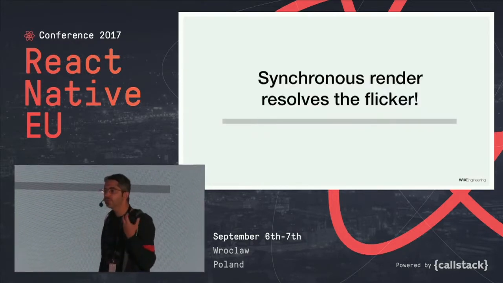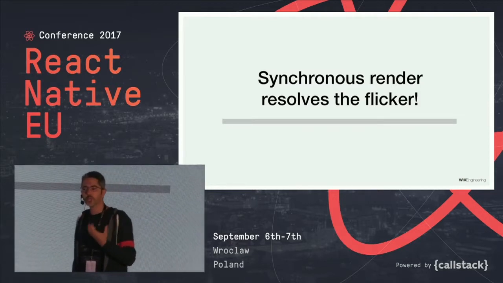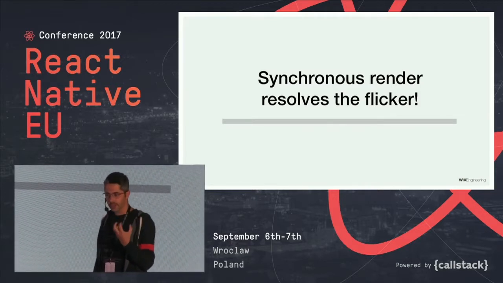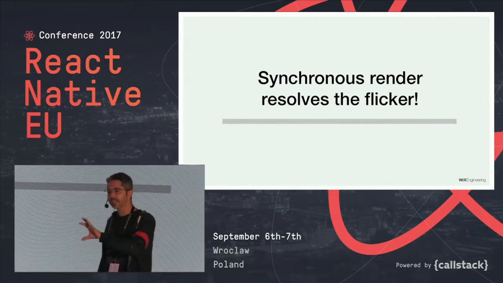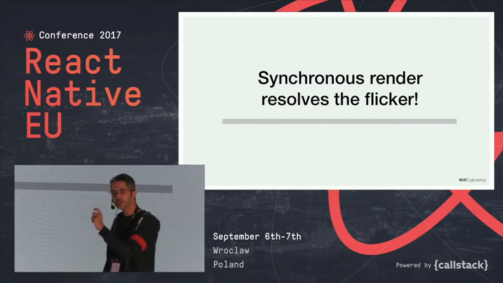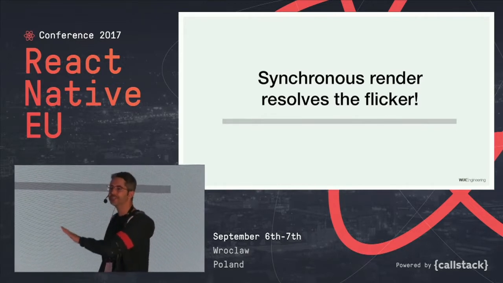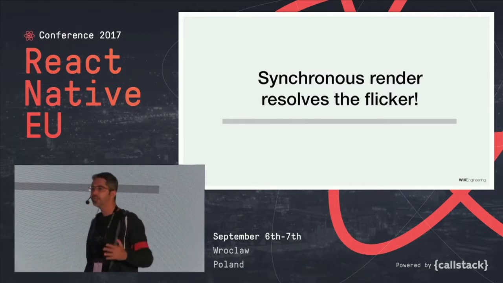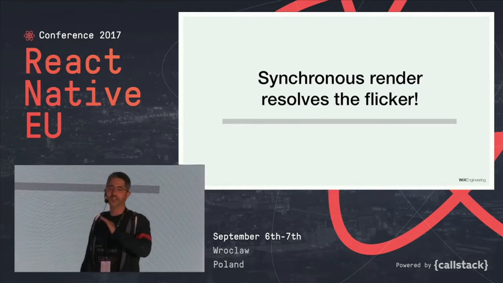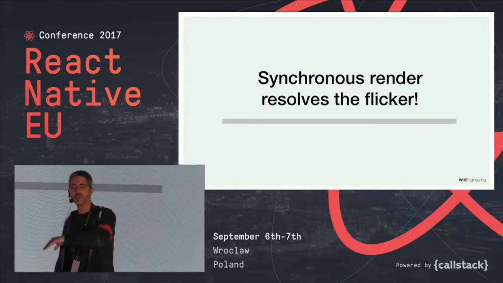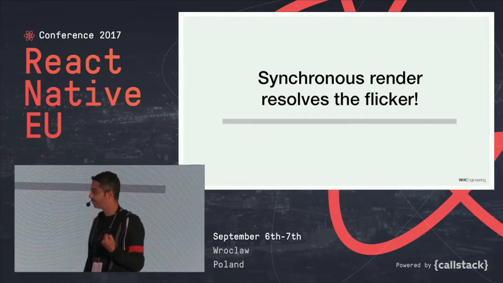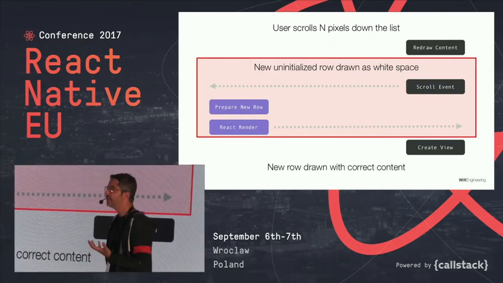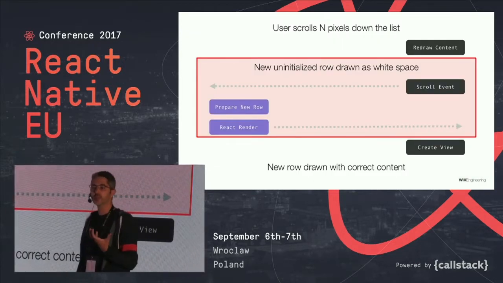So the synchronous render, in this case, resolves the flicker. And it's not only the flicker. I want you to understand that there are certain use cases. It's not the 90%, it's the 10%. The 10% of the distinguishable things are usually because of this fundamental problem. And if we had some way to work around it, it would open up a whole exciting world of APIs, of infinite lists and table views and collection views that could be implemented, and this is the way to tie them back into React. Let's take a look at the list example and how this would handle the list example.